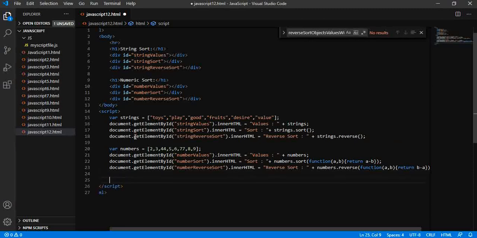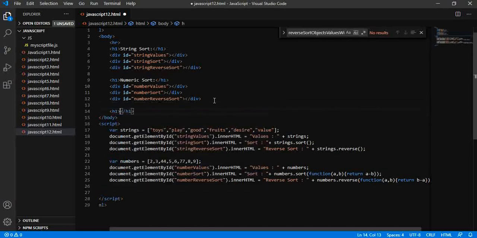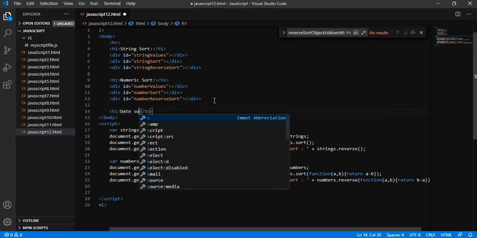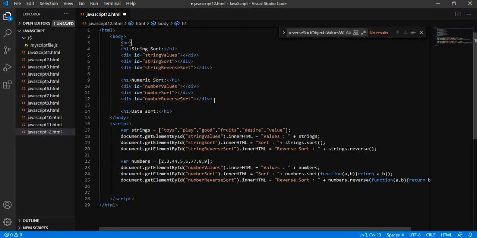Now let us try to sort the date values. Everything is also working on reverse.